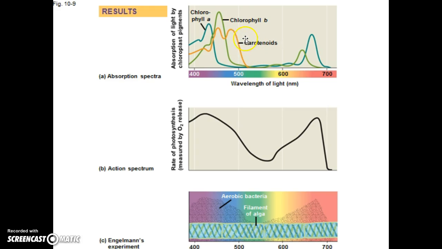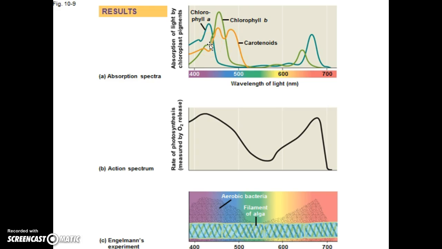Carotenoids, as we also see up here, are three different pigments that plants have. Chlorophyll A is the main photosynthetic pigment. Accessory pigments would be chlorophyll B, as well as carotenoids. So these accessory pigments are more or less used to broaden the range of light that can be absorbed by